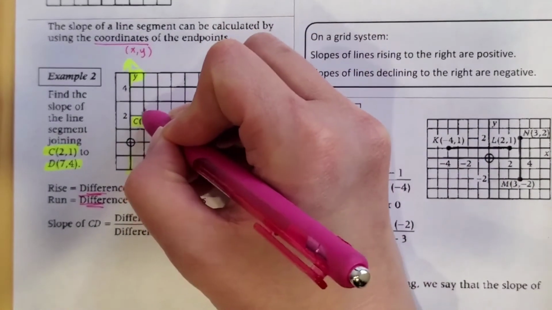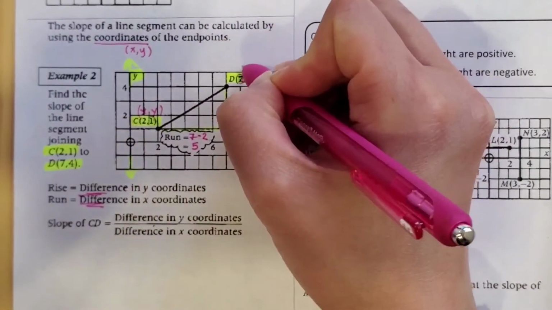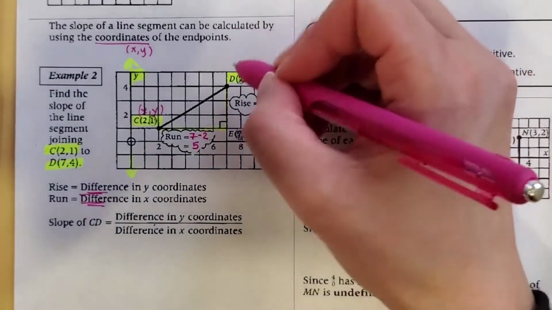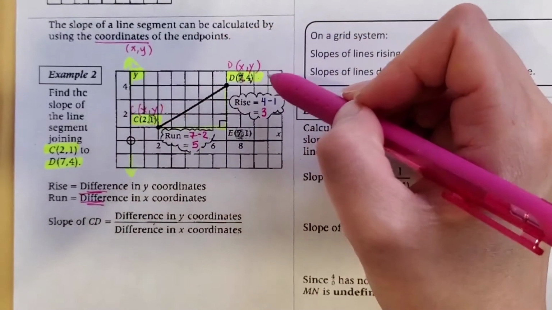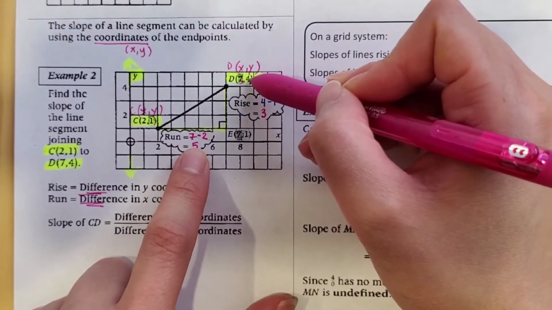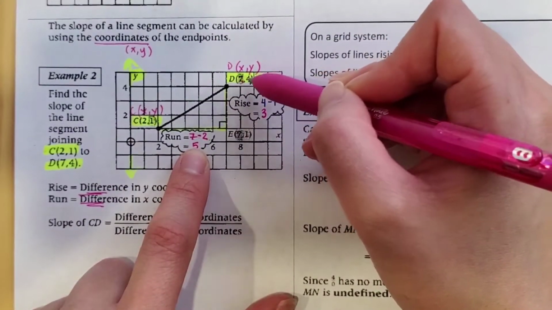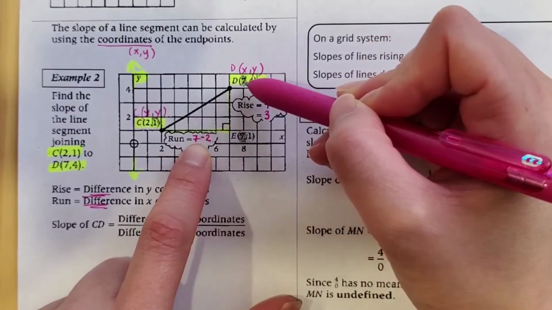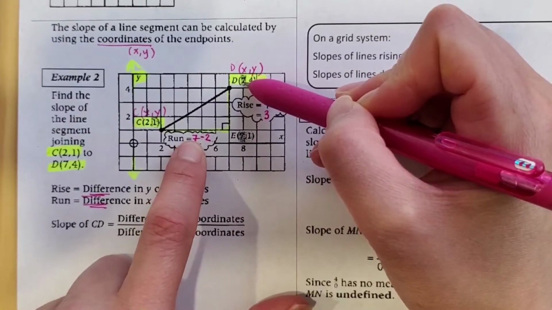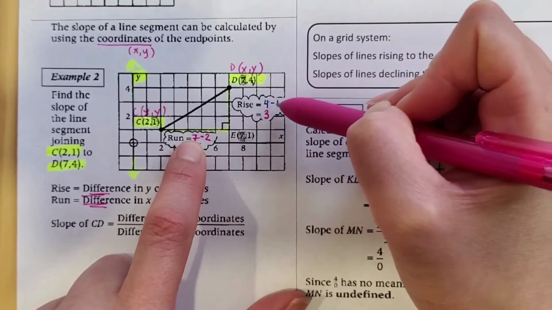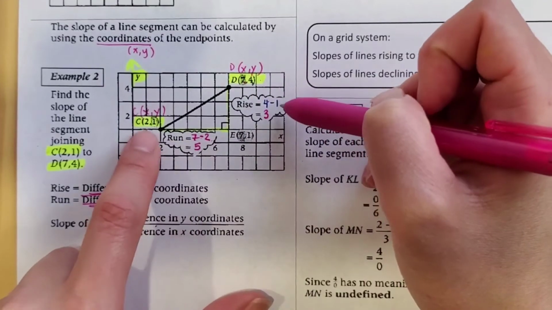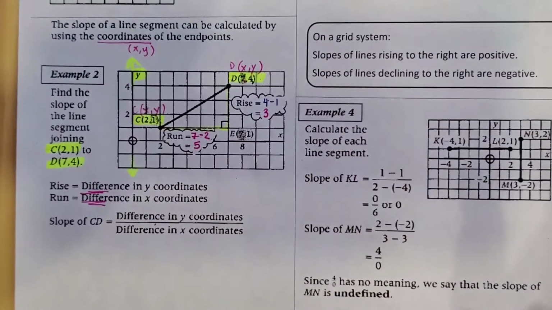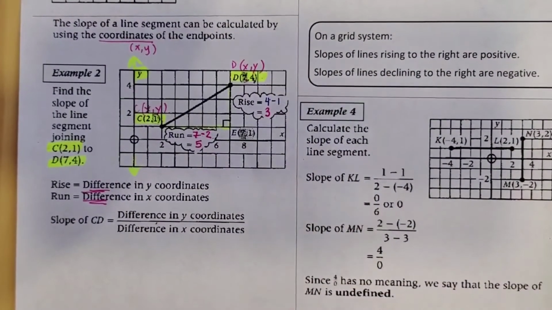So these are X and Y. And this is X and Y. Okay. So you just have to make sure that you use it in the right way, where since I wrote the Y value from D first, then I have to write the Y value from D first also when I calculate the run. Okay? And then here, the 1 is the y value from C, so that's the second number you write. You always have to keep that in order. Okay, so